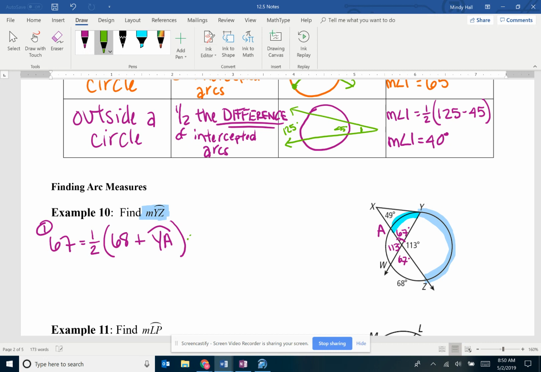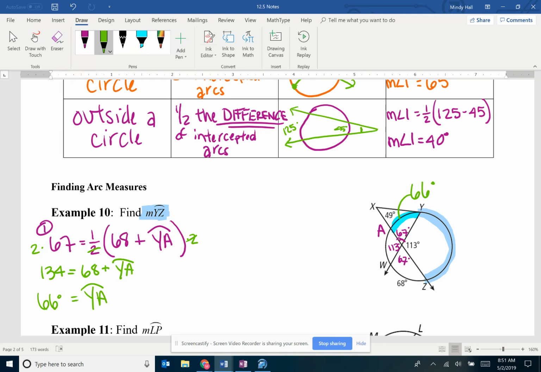So to solve this, I would multiply by 2 to both sides so that it cancels out the 1/2. So that gives me 134 equals 68 plus arc YA, which again, I picked the A. So then when I subtract that 68, I find that that arc is 66 degrees. Okay, so now that I have that one,